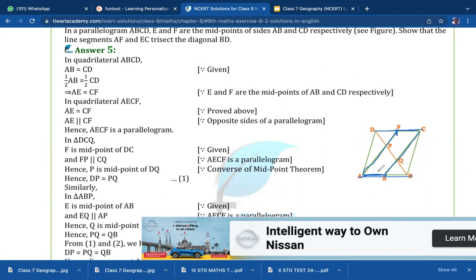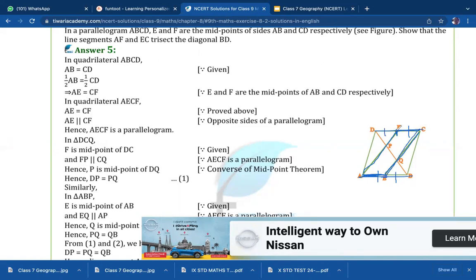Now here it's a midpoint. This part is equal to this. AE is equal to EB. Now similarly, DF is equal to FC, but opposite sides in a parallelogram are already equal. So these parts AE, EB, DF and FC are equal to one another. That means all those small four parts are equal to one another. So first of all, we can prove that